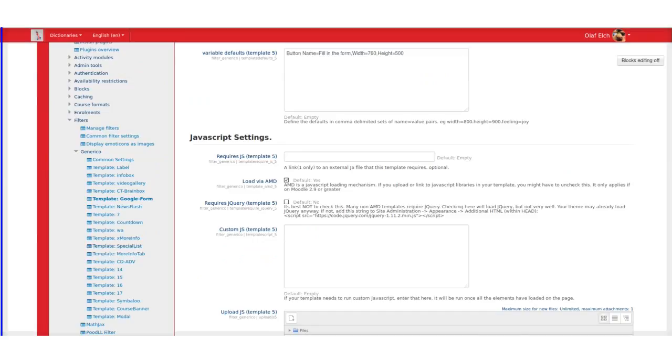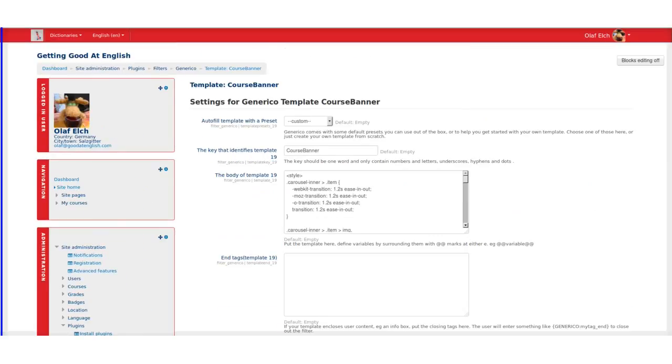Right, so course banner. I found that a lot of people weren't reading introductory text in courses. It's something that you sort of feel has to be there. I tested it on a few school courses and found that the kids simply weren't reading it, because there were key things in it that I placed there, and then I asked them and they didn't know what I was talking about. And so what I did was, and also to save a little bit of space,